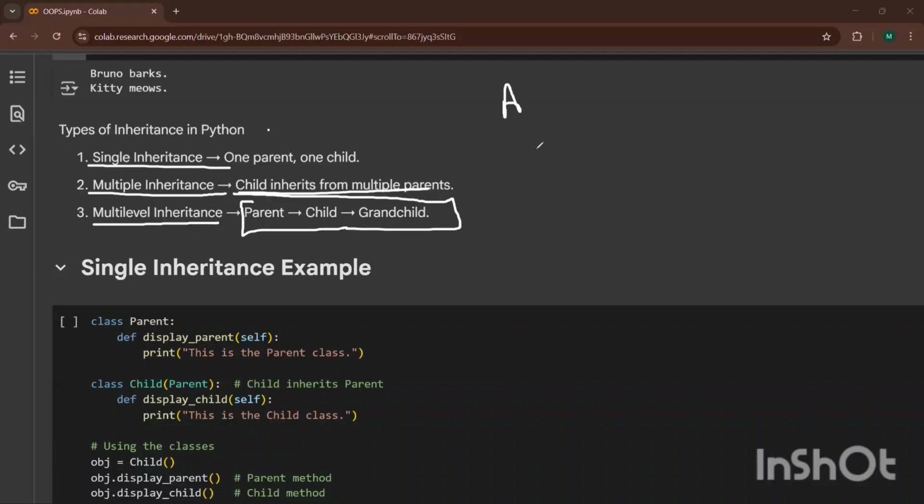So, class A is getting inherited by class B, and class B is getting inherited by class C. Like this, the multi-level inheritance. Is it clear, everyone?